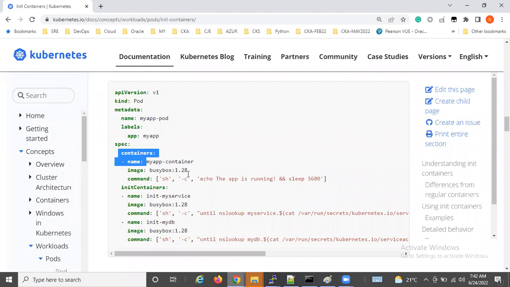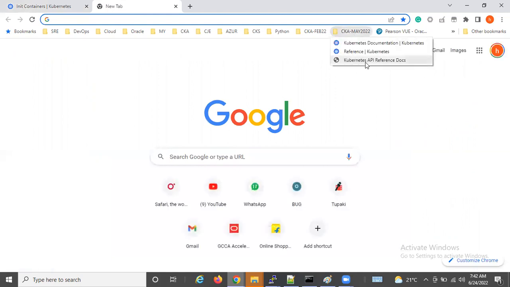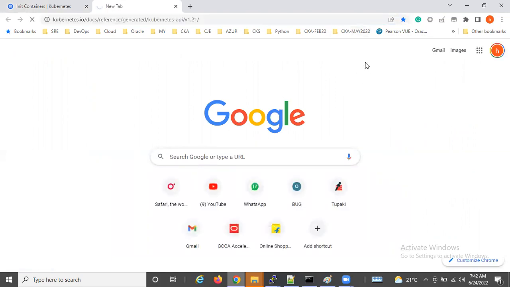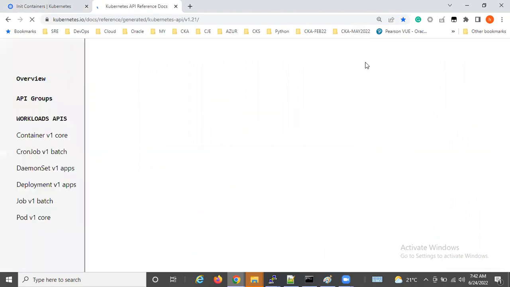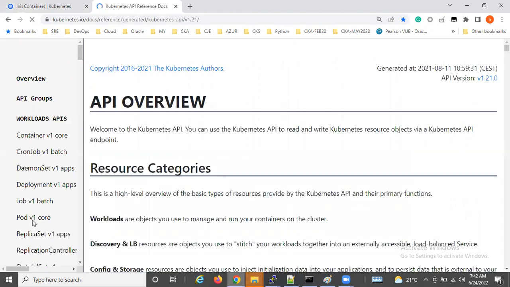So init container is one part and main container is one part. Even your init container is of type array, so it is a collection of init containers. That means you can have one or more init containers. If you go to the pod spec,